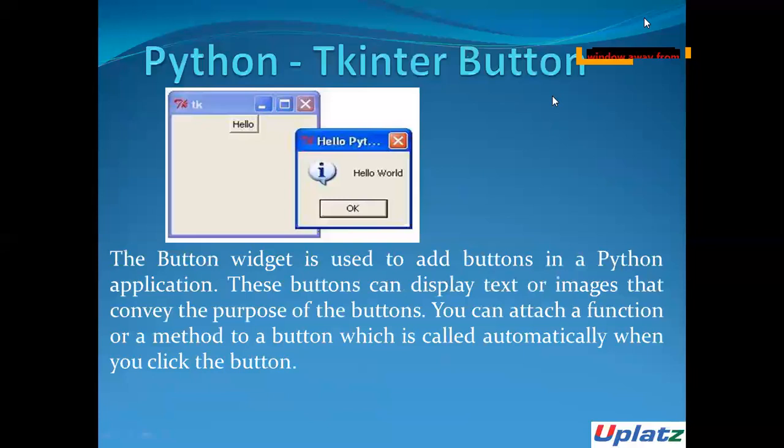Then font, the text font to be used for the button's label. You have a list of fonts available in Tkinter. I will show you once we start doing the examples. Then height of the button in text lines or pixels. Then we have highlight color, the color of the focus.